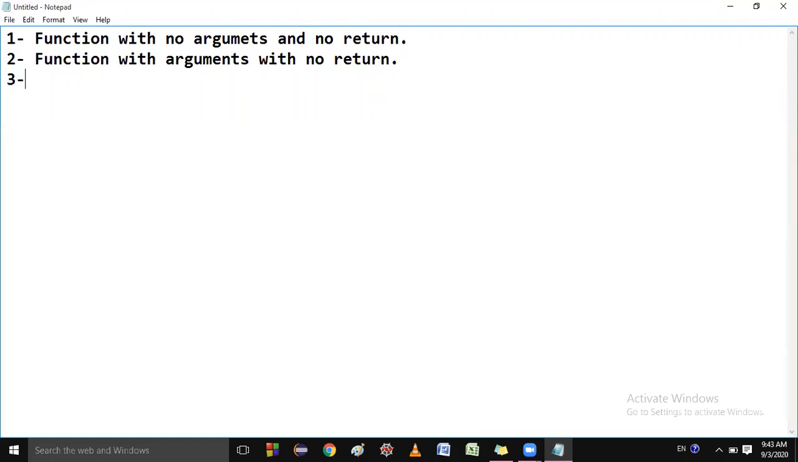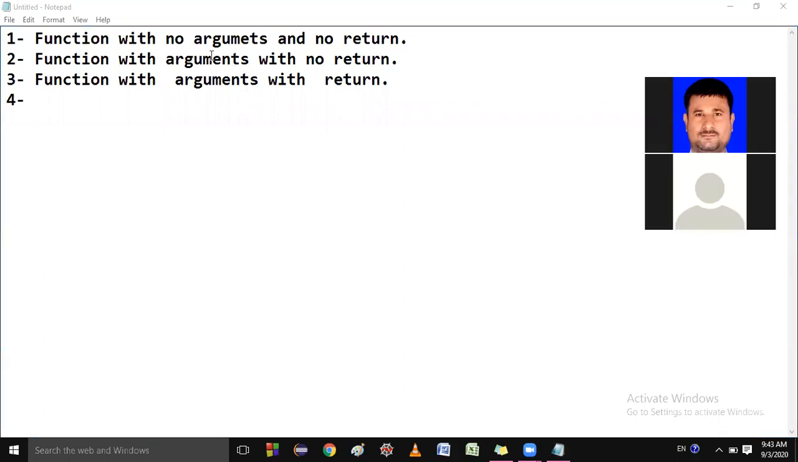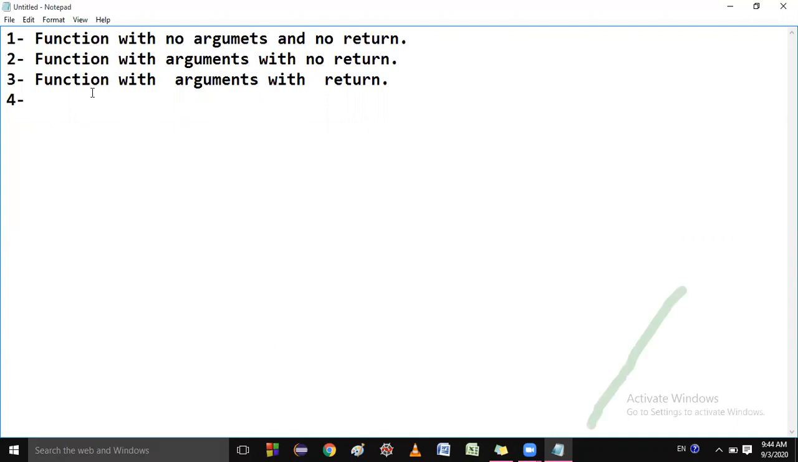Next, third, function with arguments and with return. Next, fourth, functions. Just see here: functions with no argument and no return, function with argument and no return, function with argument with return, and next should be the function